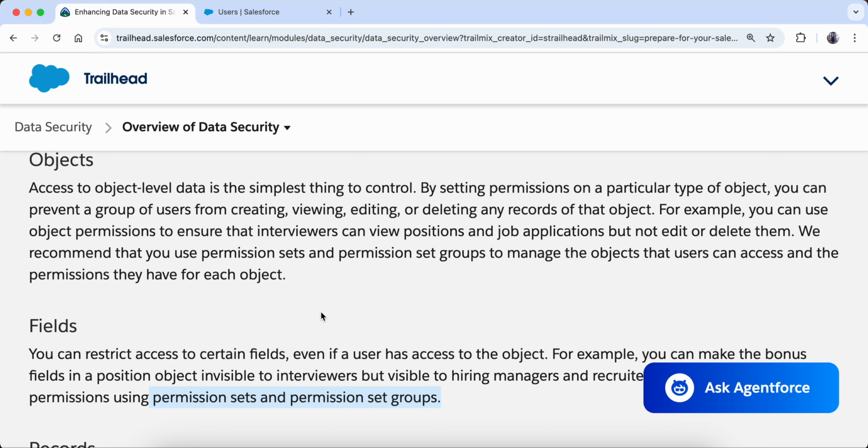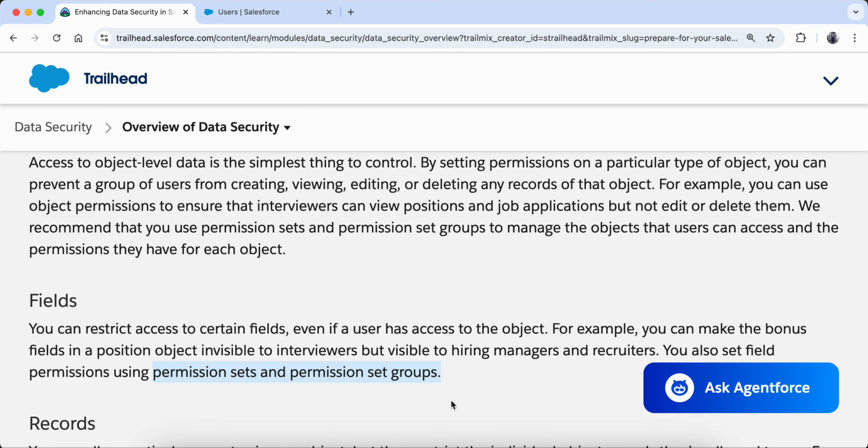Now this is a very important question from the admin exam point of view, as well as when you work in an organization. They will ask how you can set the object level access and field level access in Salesforce. We set the object level and field level access through permission sets and permission set groups. And how do we do that? There is a complete tutorial in my permission set and permission set groups video, so please go through that, then you will come to know the exact process.